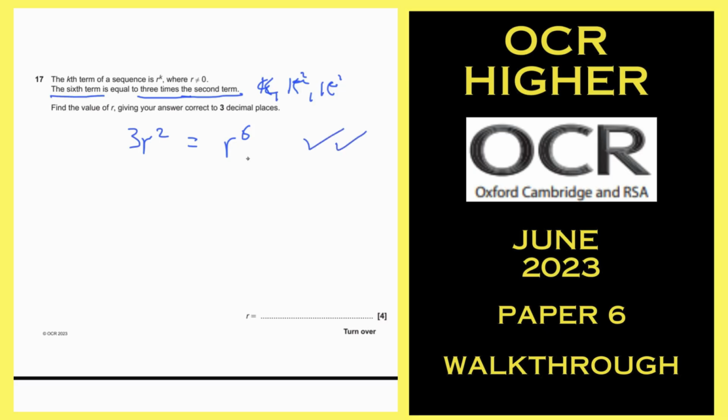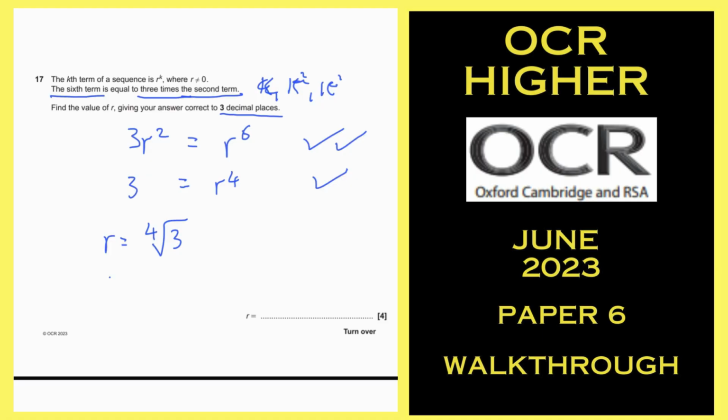Couple of ticks, you've set it up. We need to divide both sides by r squared. Find the value of r, giving your answer correct to 3 decimal places. We know what r to the power of 4 is. We need to get you at that root button on your calc where you can put in the 4th root